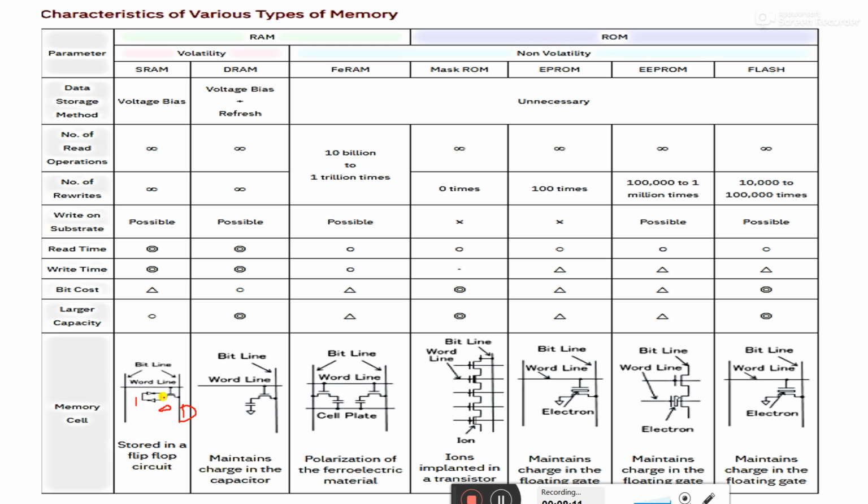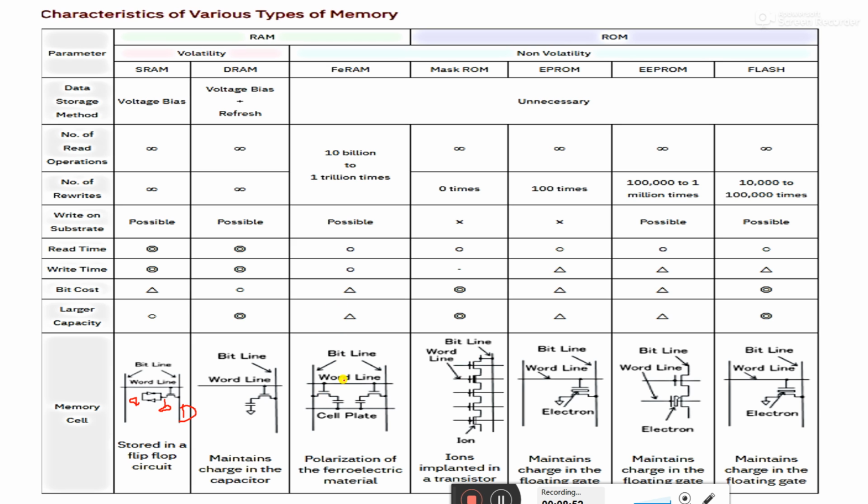If I want to read or write something, then I have to put some data on this bit line, and then switch on this transistor. Then this one will be overwritten, and the data will be changed from 1 to 0 and 0 to 1. So likewise the memory cell works, and the data continuously goes forward and backward, and the data can be written in it. Okay, in the DRAM case there is a capacitor, and this capacitor holds the data using this transistor. So this is a word line and there is a bit line, and the data is stored in it.